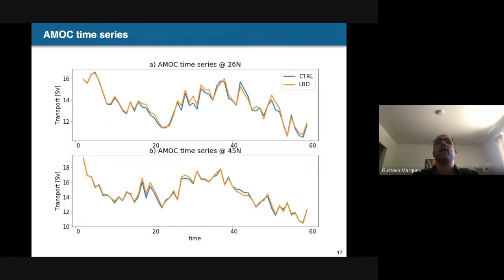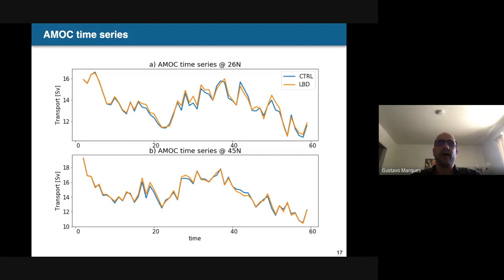For the AMOC, I'm not going to show the stream function because it's impossible to differentiate them visually. Rather, I'm going to show some AMOC time series at 26 north and 45 north. Again, blue is control, orange is LBG. For 26 north, in both cases, they're very similar. For 26 north, if you do the average, it is slightly stronger. For the 45 north, it's basically the same on the average along the first cycle. So it's the same idea. It's improving slightly,